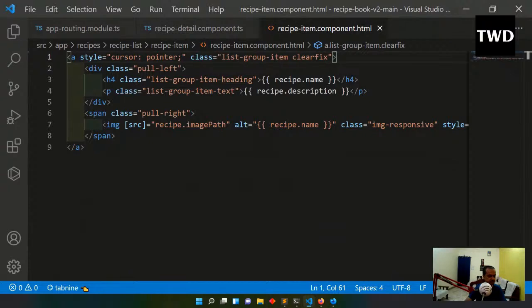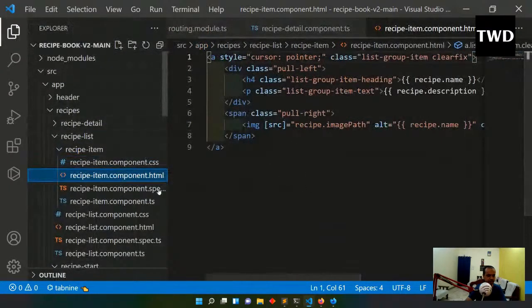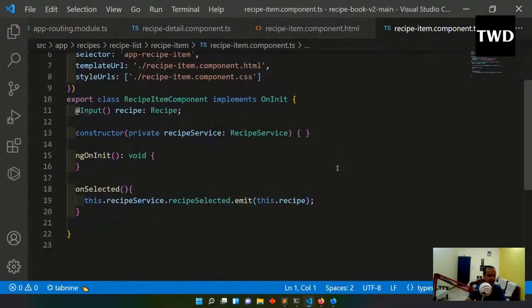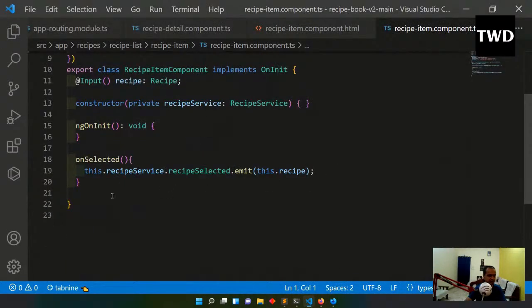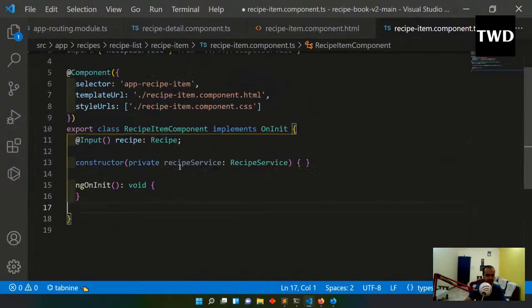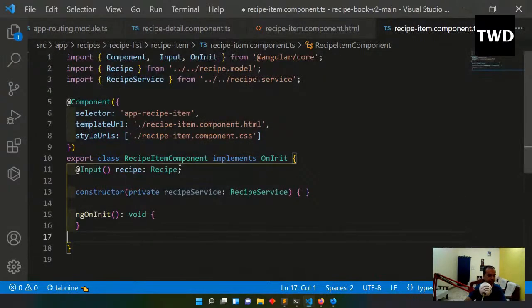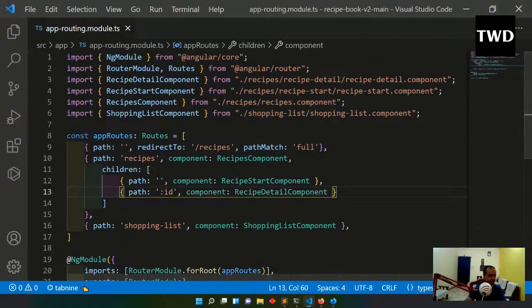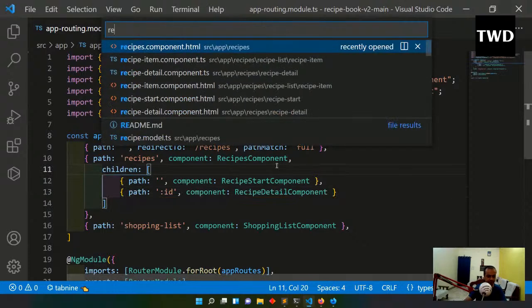Now recipe item component.ts file will go, and here this on selected is there. We'll remove on selected. Okay, now recipe